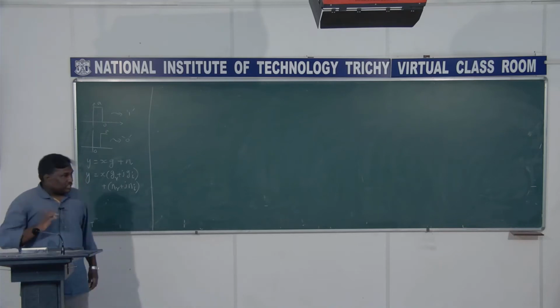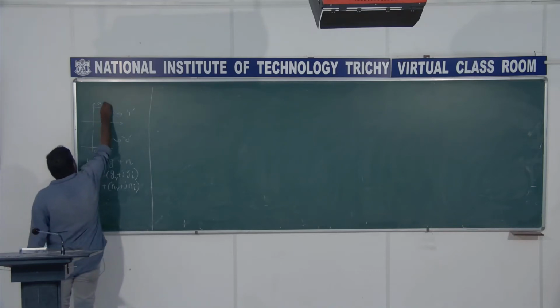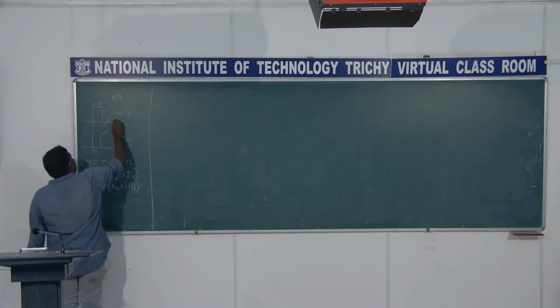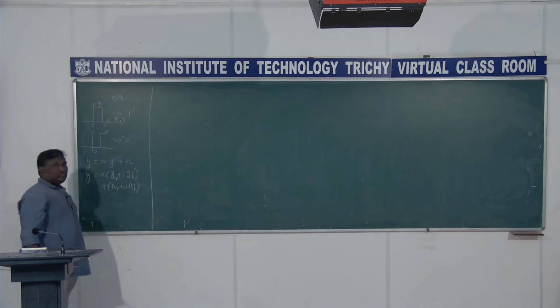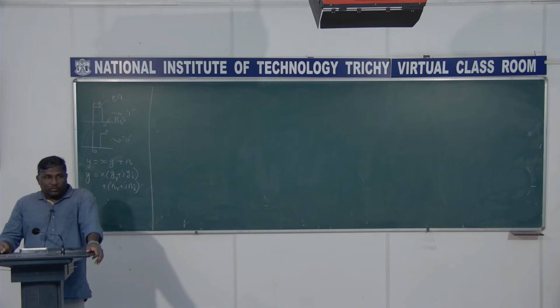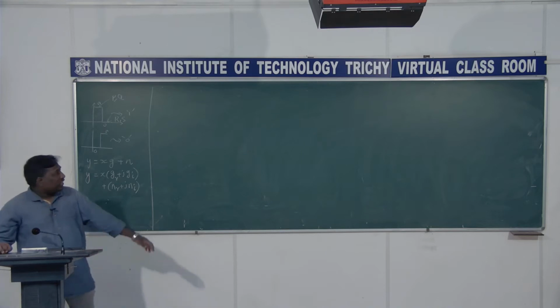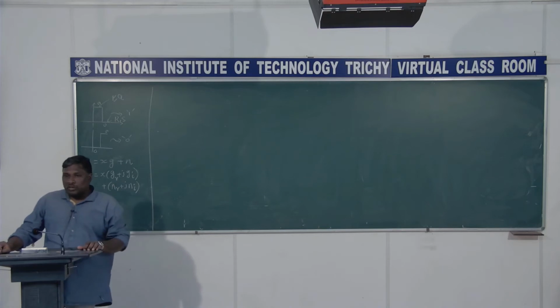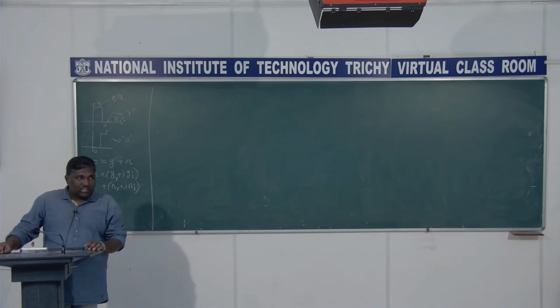We already discussed that. I am just recollecting that. So here we have this p and q, and in this case we have this r and s. P corresponds to the real part, q is the imaginary part, r is the real part, s is the imaginary part. And we had a decision rule. What is that rule? If p squared plus q squared is greater than r squared plus s squared, we say that it is 1 here. If it is the other way around, p squared plus q squared is less than r squared plus s squared, we say that it is 0.